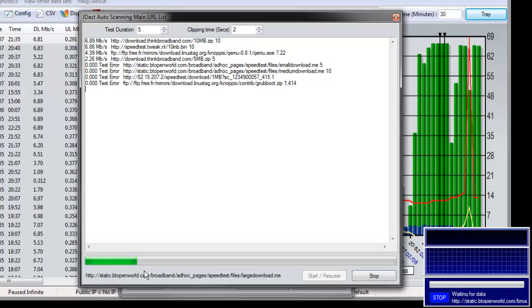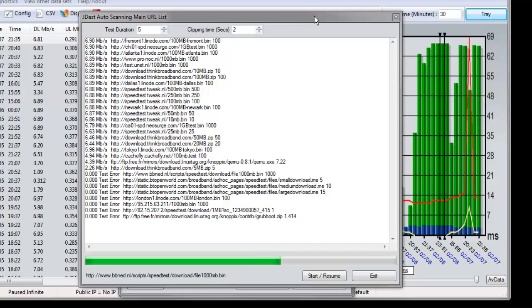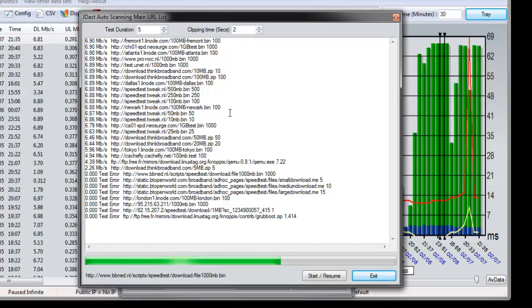But just because they're good for you at this specific time doesn't mean to say they're going to be good for you 2 hours from now or tomorrow. So you might do this a few times and get a good idea of which ones definitely you should be using. Right, so I've done a few. I haven't gone to the end because it takes quite a while. But when it's finished, basically,